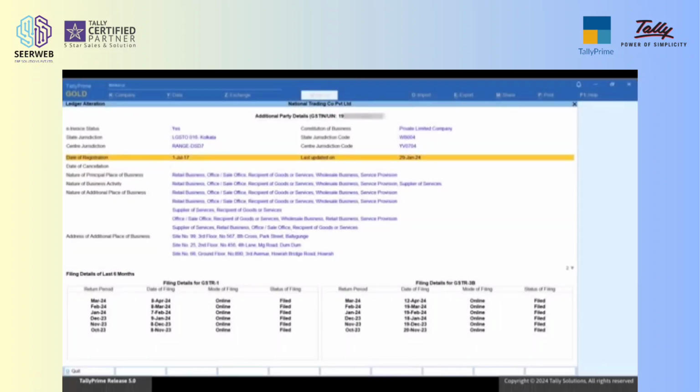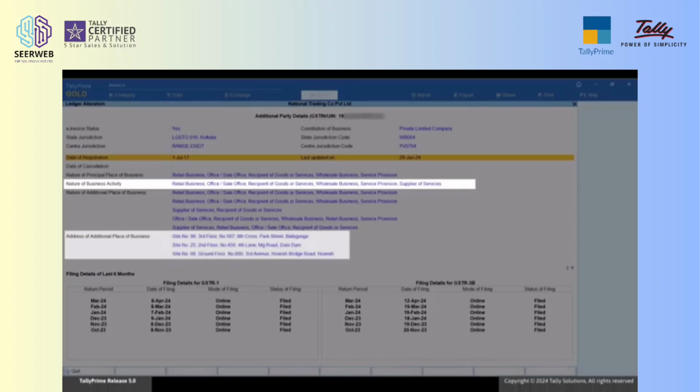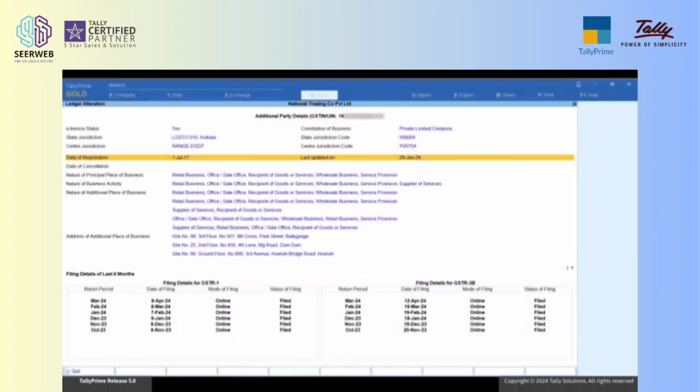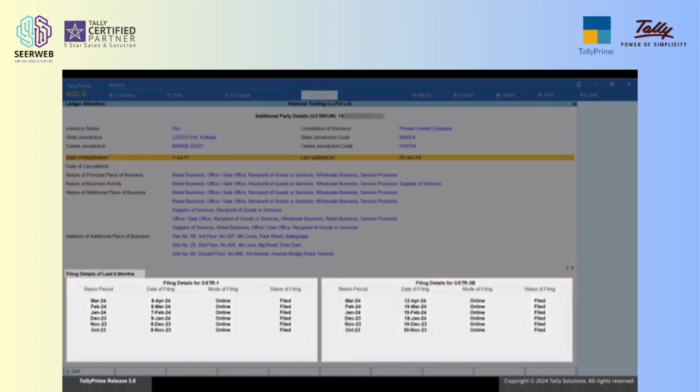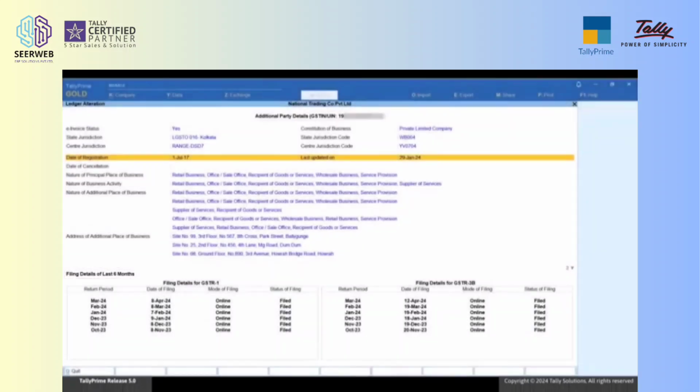You also get to know the nature of business and branch information of the party. Most importantly, you get to know the date, mode, and status of filing GSTR1 and GSTR3B of the last 6 months. A party's compliance history helps you know your counterparty's business practices better.